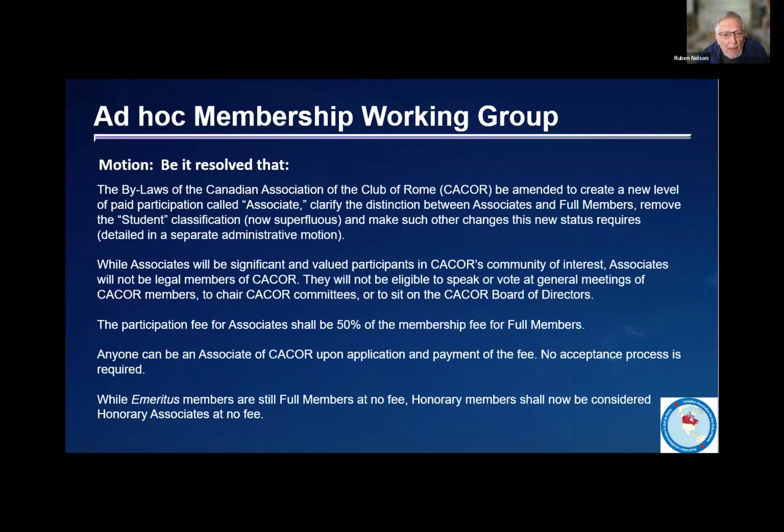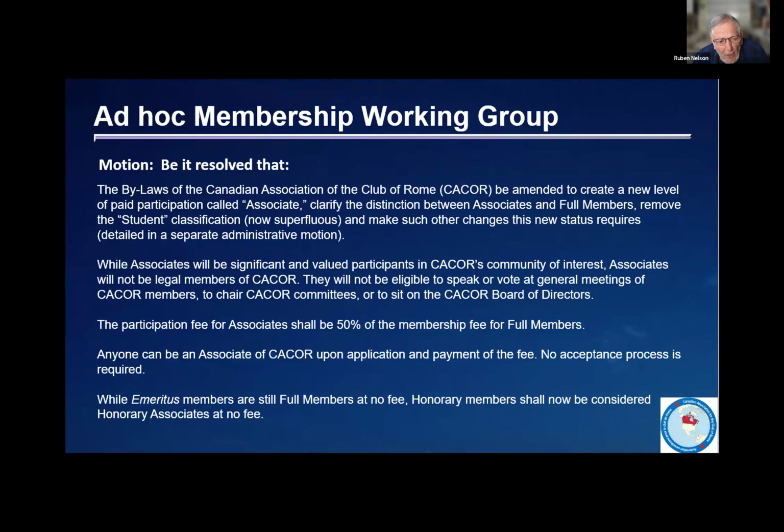I'd be happy to answer questions after we deal with this motion, or once the motion is moved and seconded. This is simply a motion that says, in order to make these changes, you can imagine that going through bylaws that had their origins back in the 1970s, there were lots of technical changes that need to be made. All this motion says is that we, the members today, agree to change our bylaws so that the changes I've just discussed